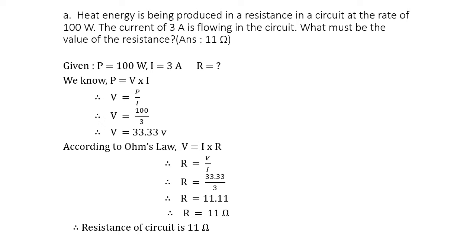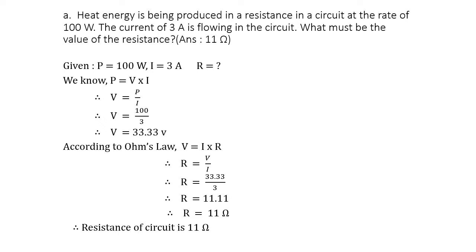Now in the first video we have seen the energy transfer in the electric circuit. In that we have studied that power is equal to V into I. V is nothing but the potential difference and I is nothing but the current. So P is equal to V into I. When the places are shifted, we get V is equal to P upon I. You can see I is multiplied here; when it comes to the left side, it becomes divide. So you get a formula V is equal to P upon I.